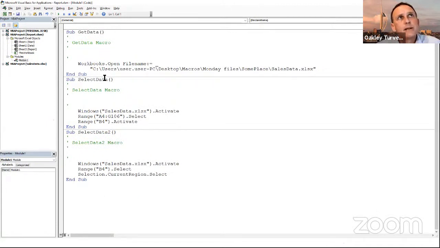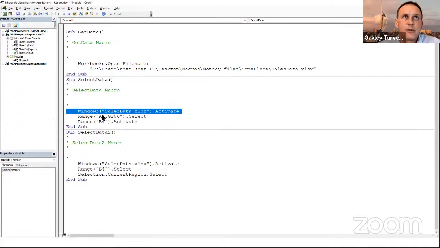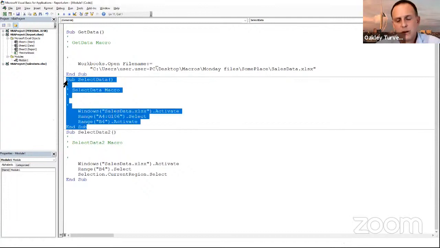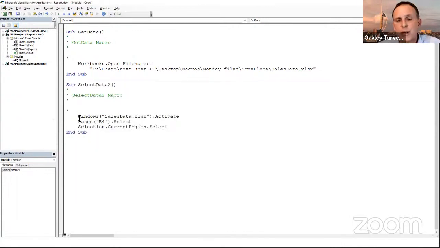Now down here, this is where we selected the data. So the first one says go to the other workbook. In fact, it says the other workbook, activate it, go to it. And then down here it doesn't say select B4. It actually has hard coded in the whole range of what we want to select. And then at the end of that, it says B4 activate. That doesn't really make sense. That was our Control A. Control A hard codes in the current range of that data. That's why you shouldn't be doing Control A, especially when you're recording a macro.